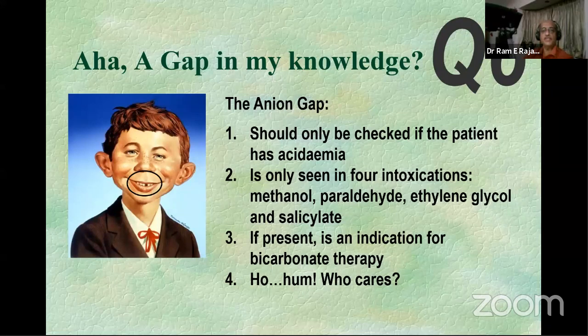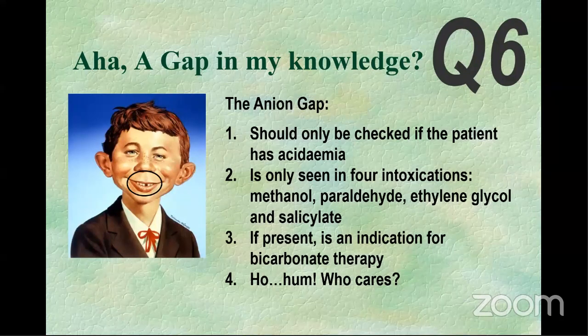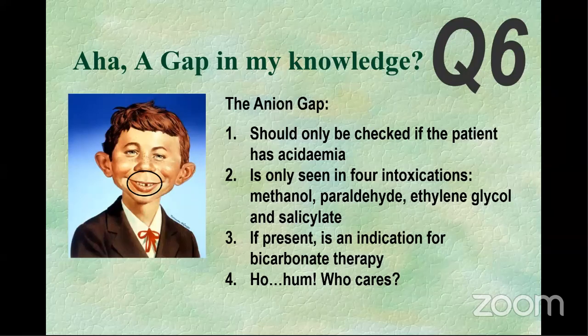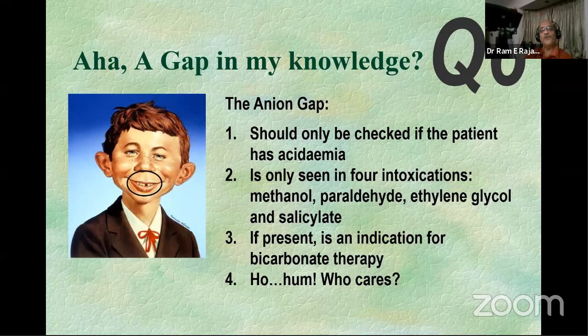No, but that is not an intoxication. Among intoxications, are these the only 4? Because in MUDPILES, if you really look at it, M is methanol, U is for uremia, D is for diabetic ketoacidosis, P is for paraldehyde, I is for infection, lactic acidosis, E is for ethylene glycol, and S is for salicylate. So we covered methanol, paraldehyde, ethylene glycol, and salicylate, right? Yes, sir. That is the traditional error, okay? Because to think that only these 4 are the causes of an anion gap acidosis for toxicological reasons is inappropriate, because a large number of other conditions will also create an anion gap, which will be either direct or indirect.